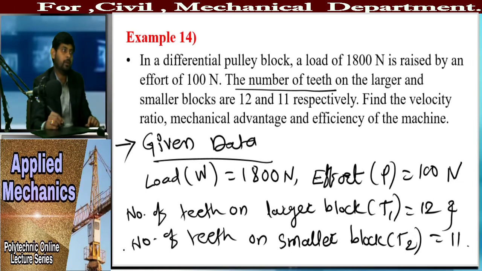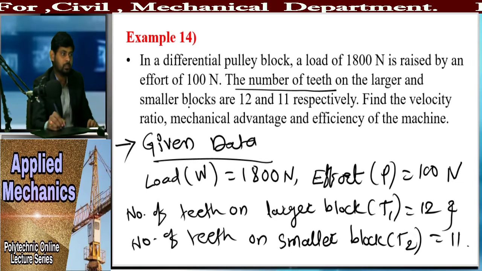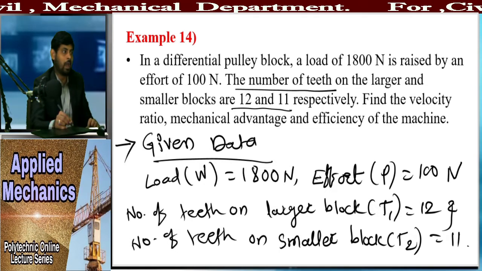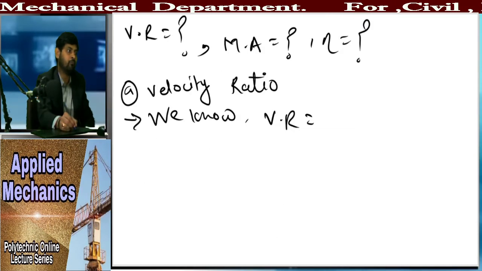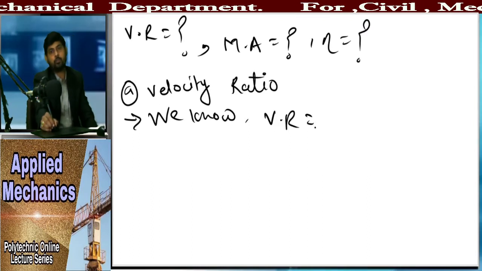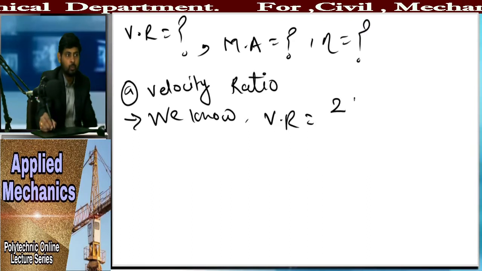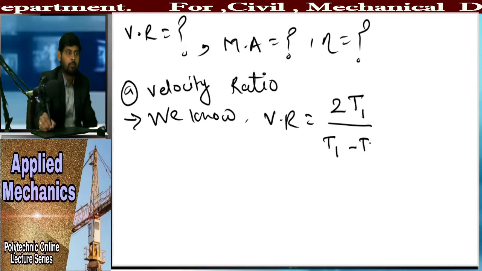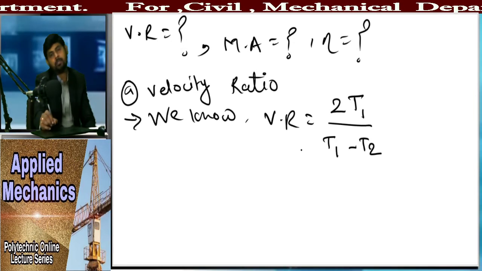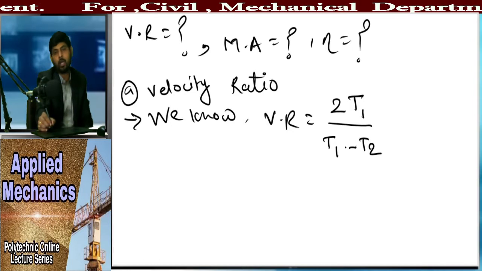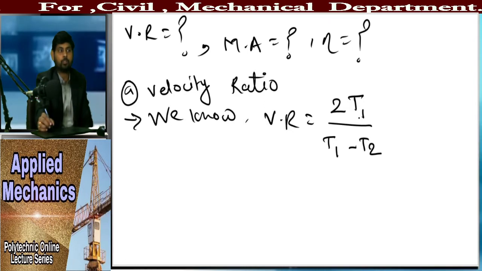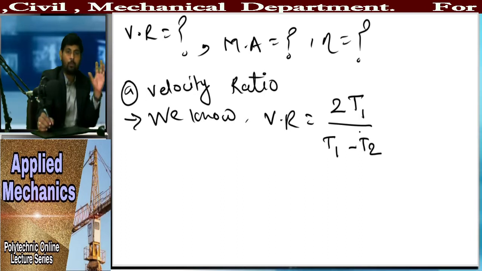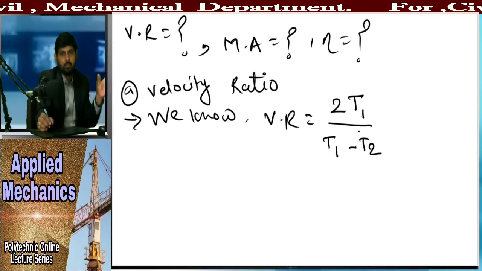So here in this problem we have been given T1 and T2. So we have to use that formula directly, meaning velocity ratio we have to consider as 2T1 upon T1 minus T2. We cannot use the formula of radius and diameter. So as per the problem demand, you have to